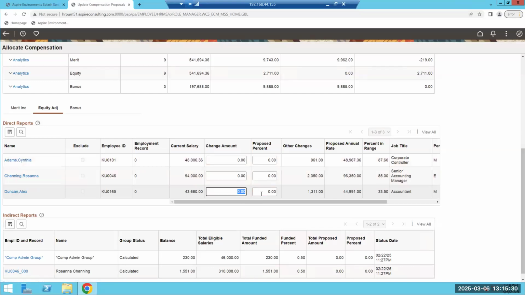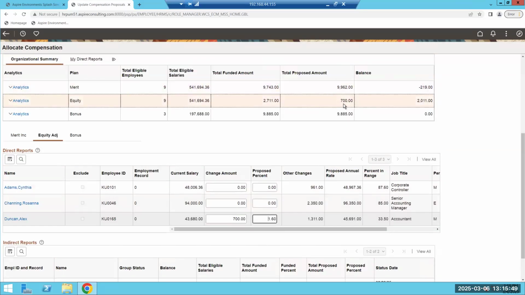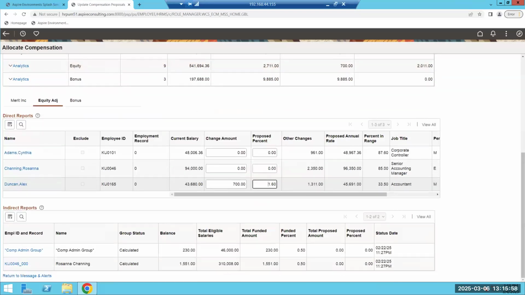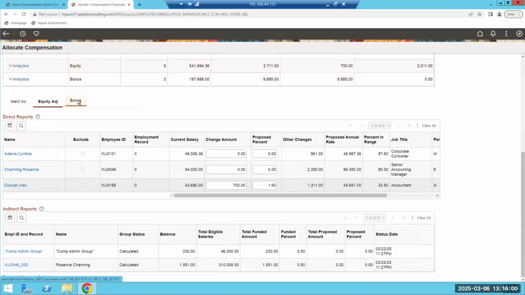Let's suppose we wanted to say, okay, we're going to give a $700 increase, and it calculates out for us at 1.6%. And then up here in our totals, we see total proposed amount $700. We still have 2,000 left for any equity adjustments that we want to do. And we can also go to the bonus tab,